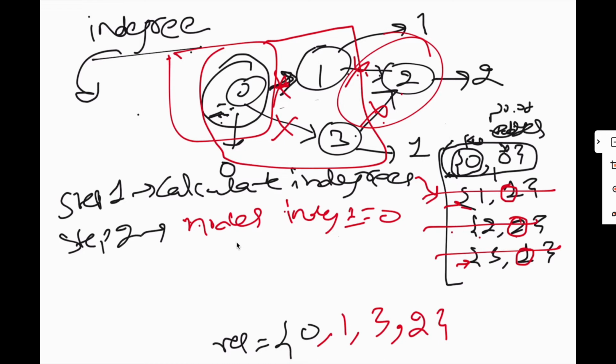So this is a simple algorithm which uses BFS because we are going level by level. First we are at this level, then at this level, then at this level. In BFS we go breadth wise, step by step, level by level. That's why it's a BFS, and we utilize a queue to solve this problem.